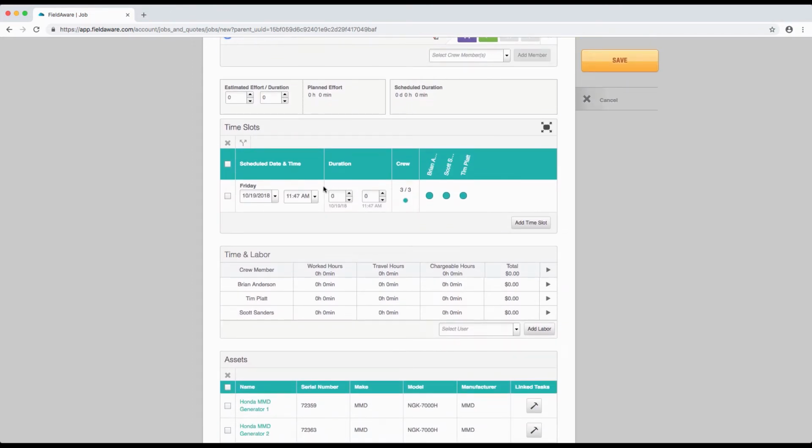This is going to allow us to either assign the job to one single time slot, such as today at 11:47 a.m. for a given duration. We're going to say that this job takes 3 hours to complete, and all 3 resources are on this time slot. If I wanted to add an additional time slot, as an example for a larger project that lasts 2-3 days or even a few weeks, I can assign the second time slot to this as the following Monday at